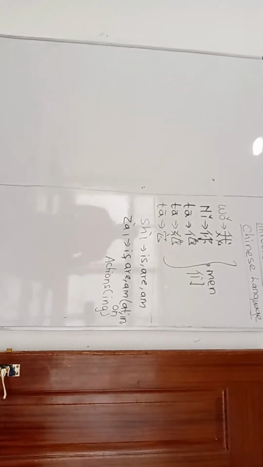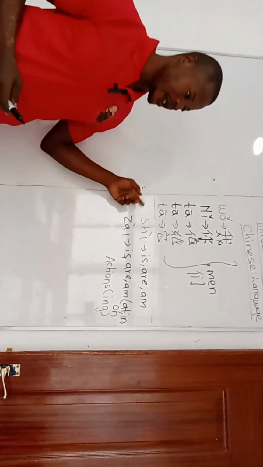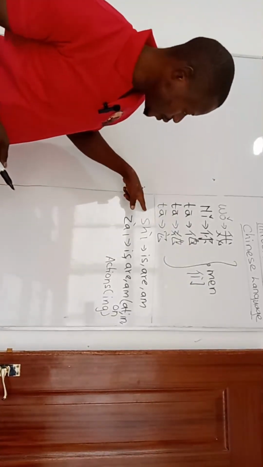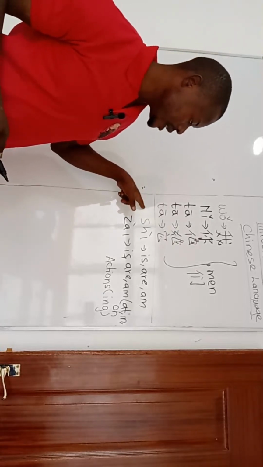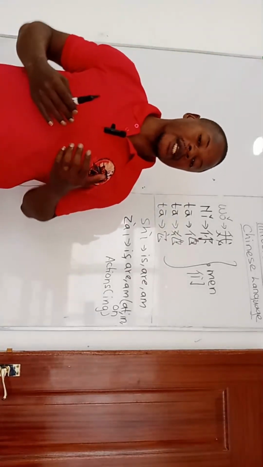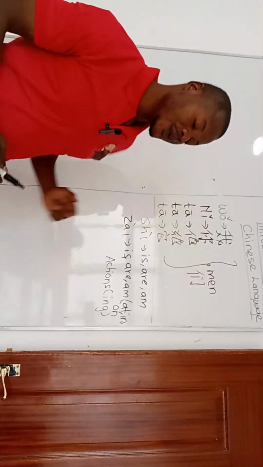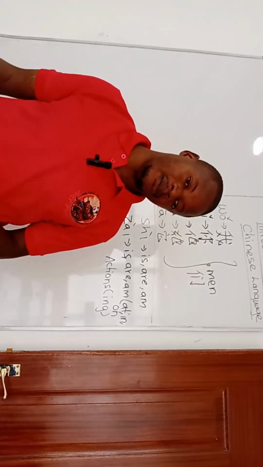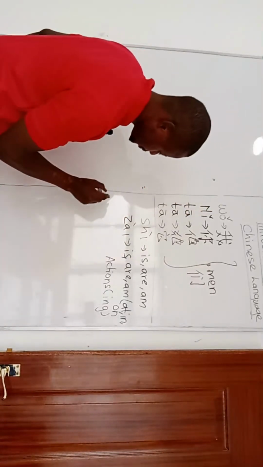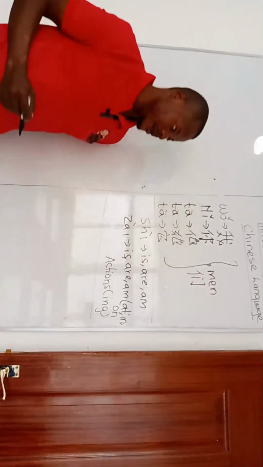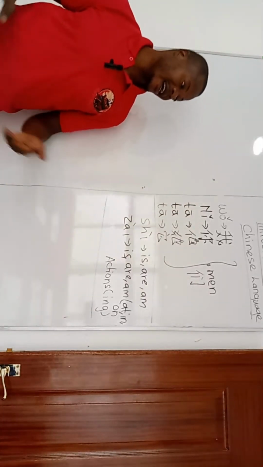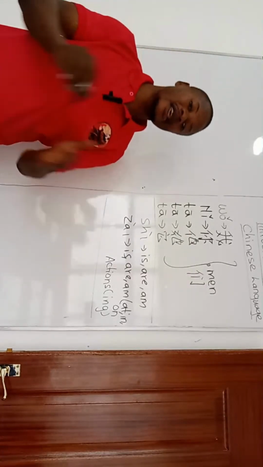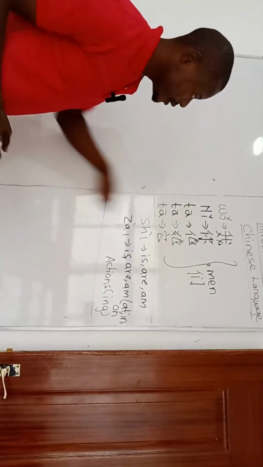So let's continue. These two will help me to describe what I am doing right now. This one is going to describe who I am and what I do. And this one is going to describe what I'm doing and where I am. We continue. So a good student should understand that her or his construction of sentences starts immediately they start learning. Remember, this one is